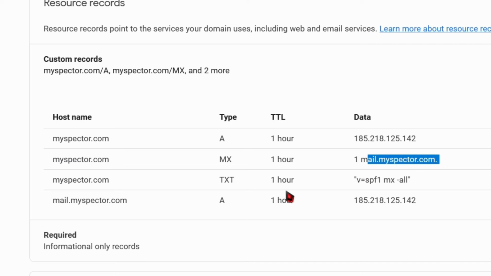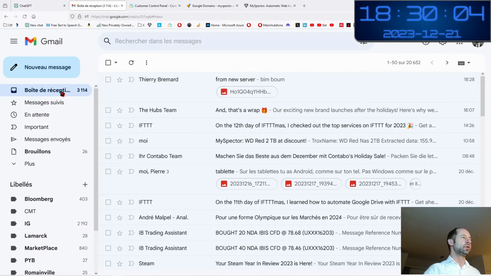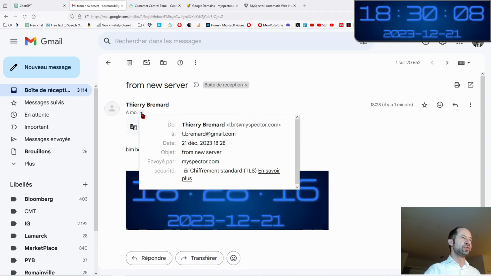Then I have here this SPF entry to say that the machine which sends the email should be allowed to send an email, and then one more entry of type A to indicate the IP address of mail.myspector.com. This is sufficient, and at least now Google is allowing me to send email without any issue, without any warning.